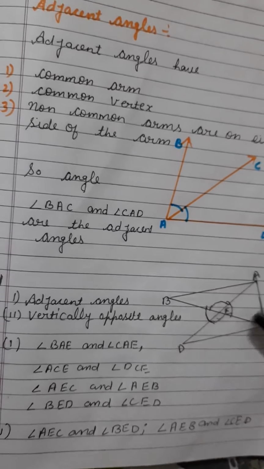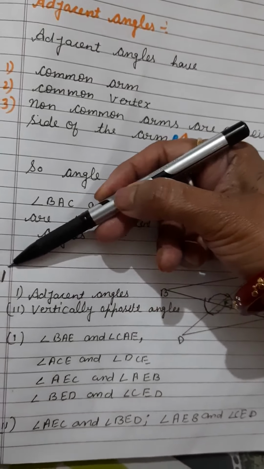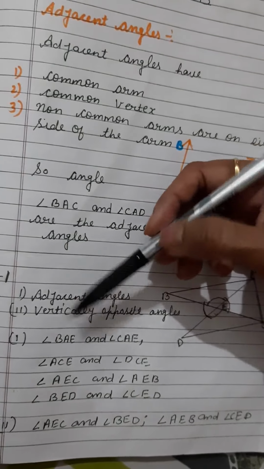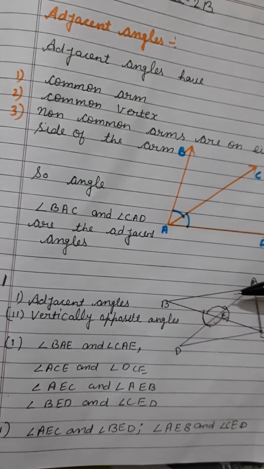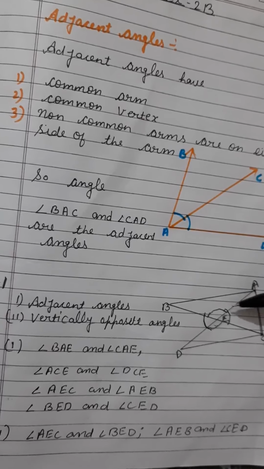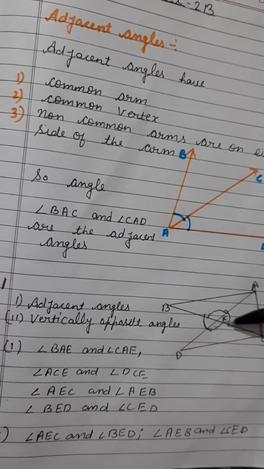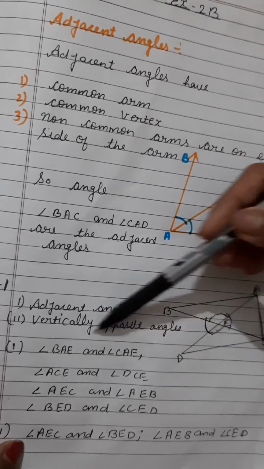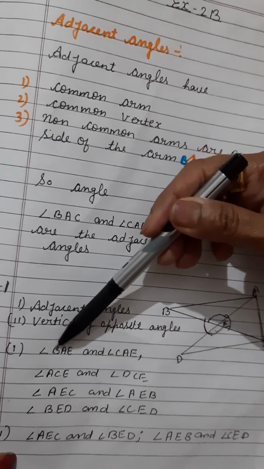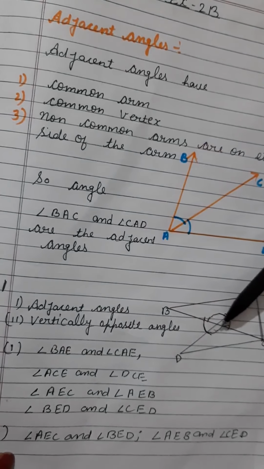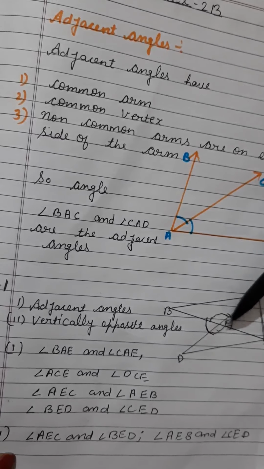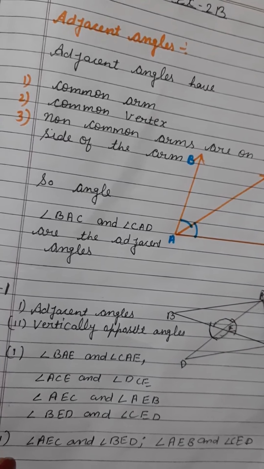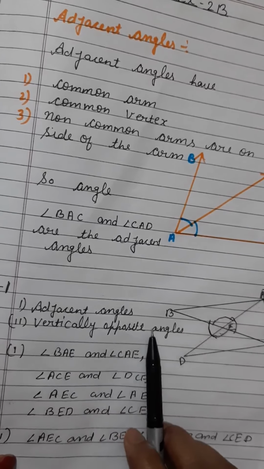Now students, I am taking one example, question number 1, and the figure is like this. They are saying find the adjacent angle and vertically opposite angle. So for adjacent angles, you are looking at the arm; this AE is the common arm. First of all, which two angles are adjacent? Angle BAE and angle CAE, and here the common arm is AE. So all the conditions are fulfilled, so they are adjacent angles.